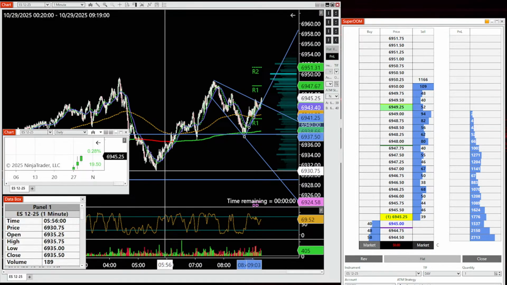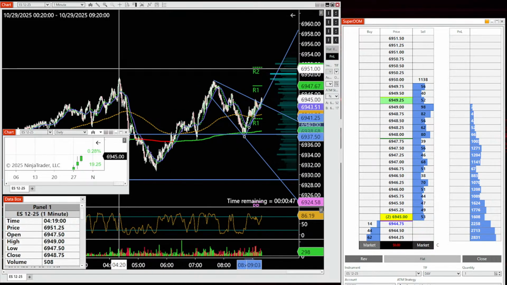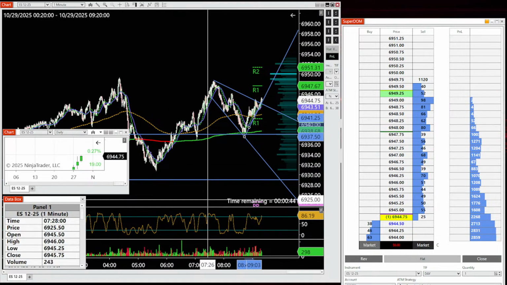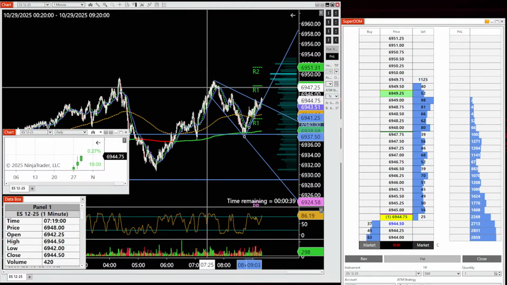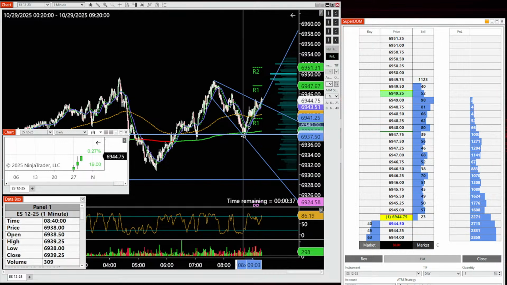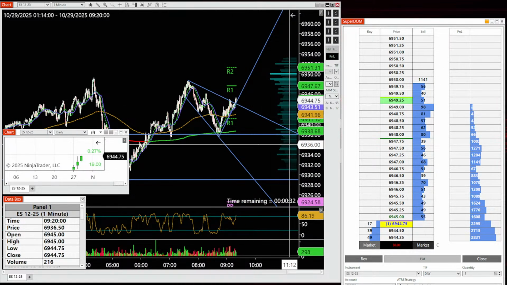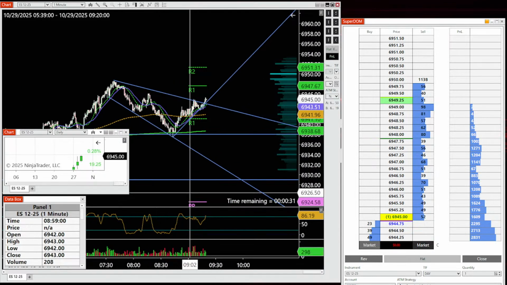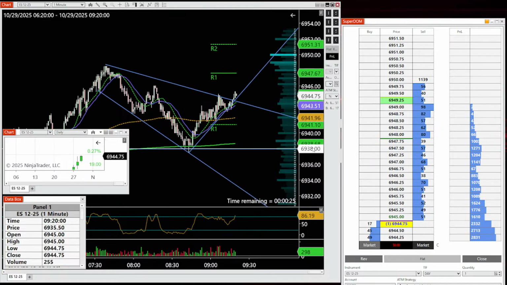And then we came back down to about 30, 31, 32, 31. About 19, give or take 19, 20 points pulled back. Then we ran right back up. Rejected again. Didn't take new lows, but we hit VWAP. Now we're on the way back up. Just going to be patient.